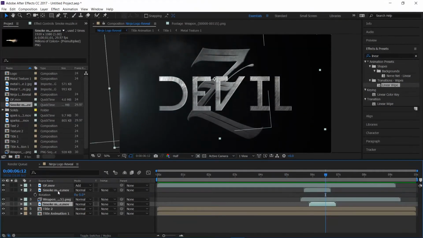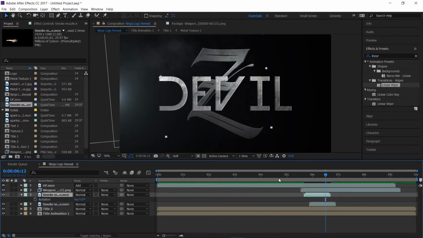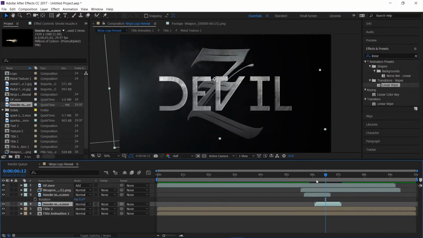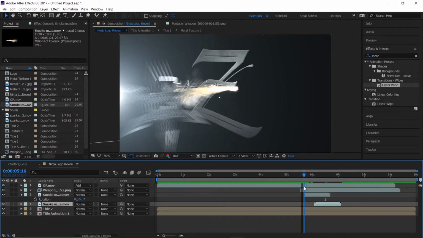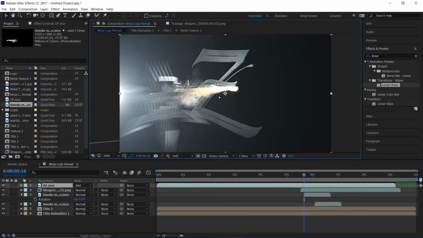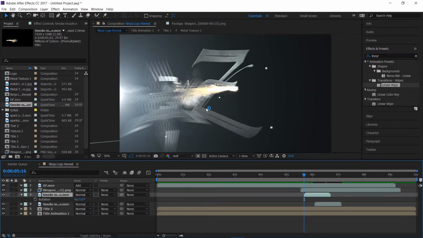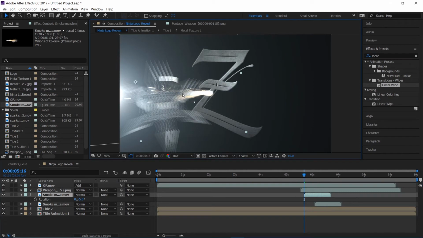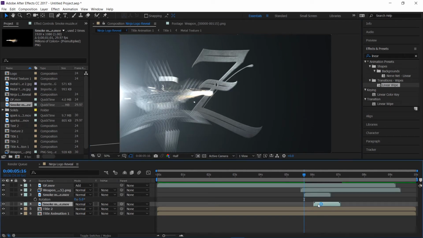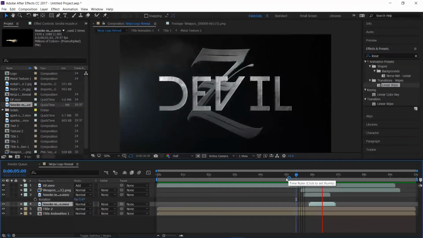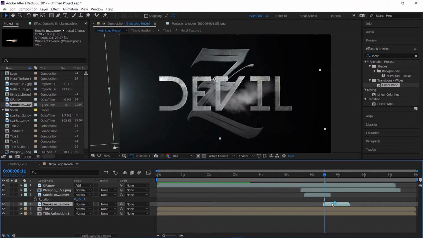Let's see. I'm gonna place this as well below the weapon. And let's see, that's too much, I guess. So there's like 2 stuff going around there. So I'm gonna just place them somewhere around there. Place them like that. Okay, so